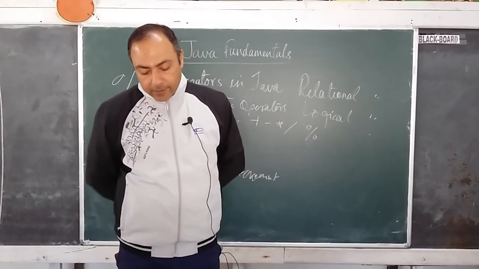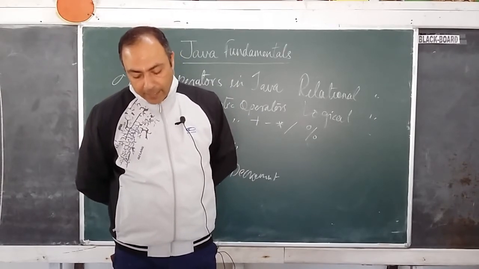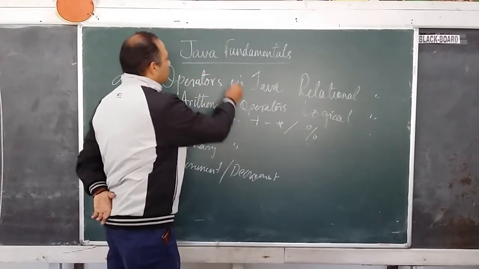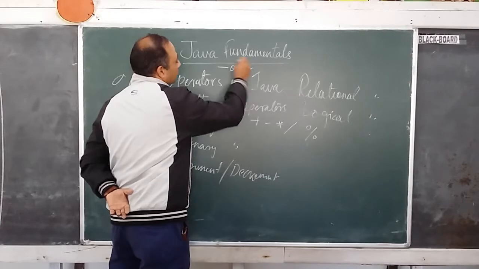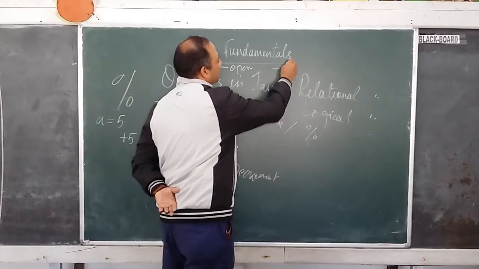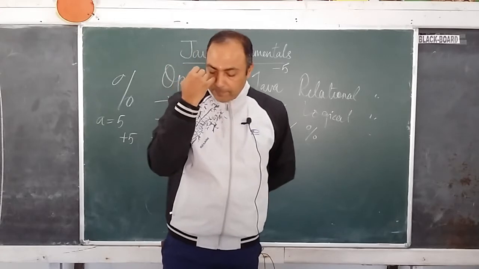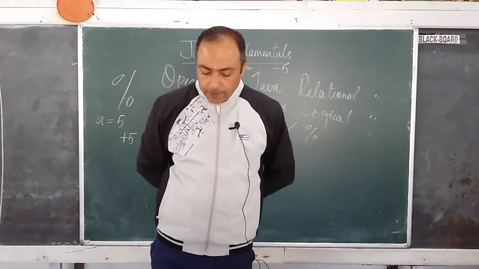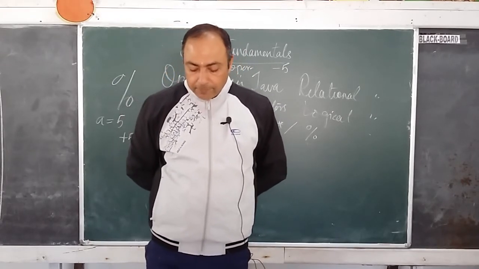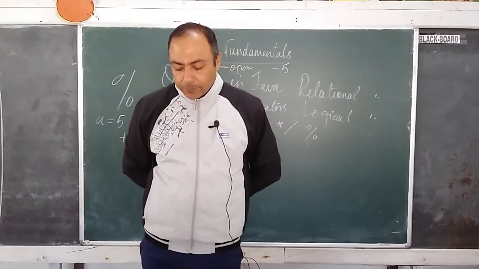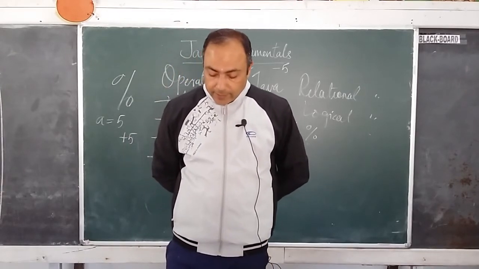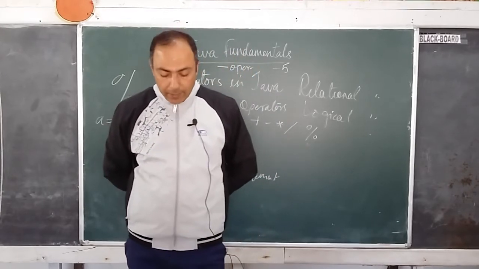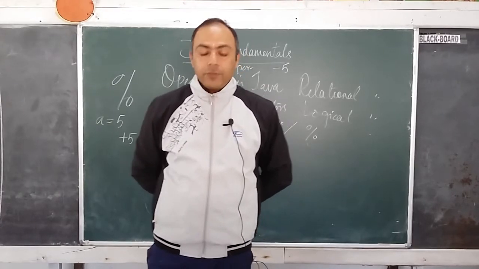Unary plus is there and unary minus is there. The unary minus precedes an operand. That means it's used before the operand. So if I write minus 5, that means minus 5. The operand must have an arithmetic type, and the result is the negation of the operand value. So it gives you the negative value. Minus a means negative value. So unary operators use only one operand, and it is used before it.